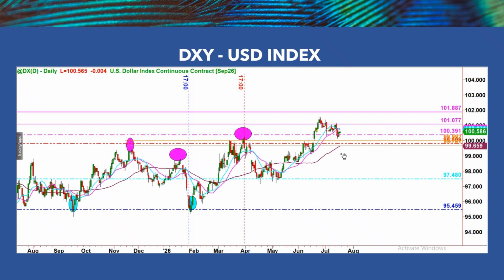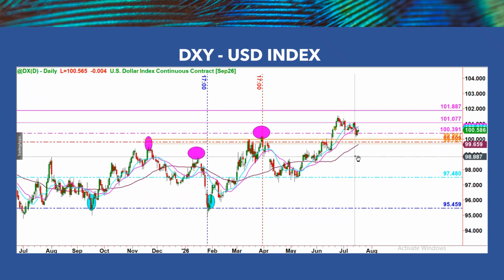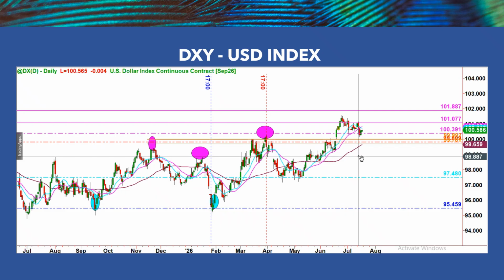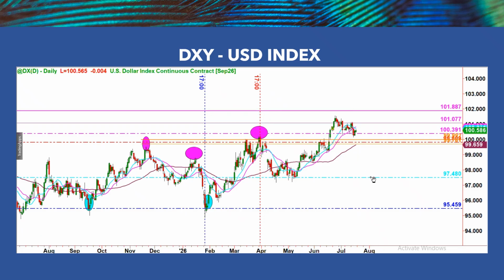But as of now, it's just hovering around its old resistance that has turned into support, and one needs to stay away from the index for a while until we know the direction has been established, whether it goes back into its old range between 95.45 and 100.391, or whether it goes up above the new supply area that we've just talked about.